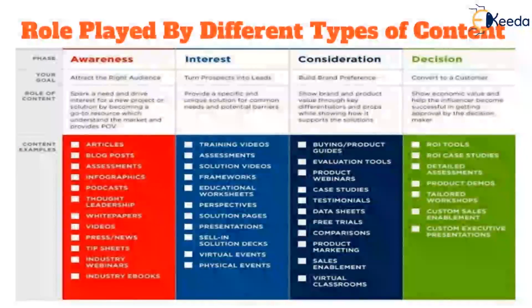Now, as you saw, there are different types of content available for content marketers to choose from. While designing a content marketing campaign or strategy for a long term purpose, what a content marketer has to keep in mind is the role played by each type of content, and what type of goals and objectives are desired to be achieved by using that particular type of content. For instance, there are four major phases a customer goes through when becoming your customer from a prospect. And it begins with awareness.